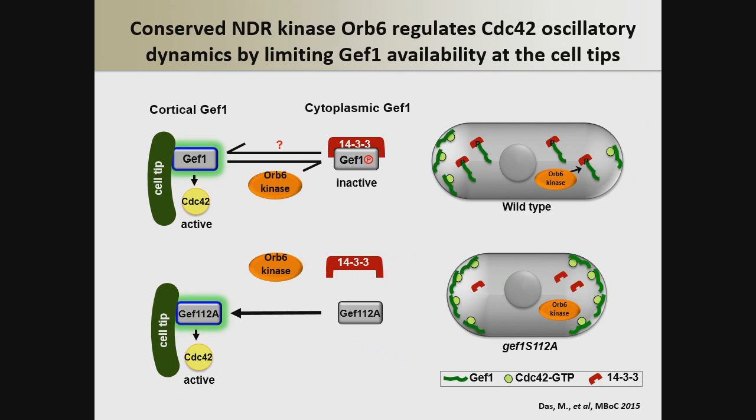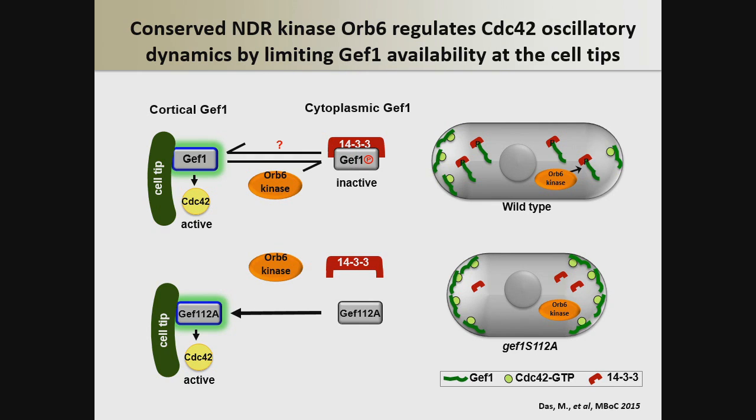So I wanted to show you that one mechanism by which the cell is regulating the activation of Cdc42 at the cell tips is through the negative regulation of one of its activators, the Cdc42 GEF Gef1. And one way in which we limit the amount of Gef1 at the cell tips is by the phosphorylation of Gef1 by NDR kinase Orb6. Phosphorylation of Gef1 by Orb6 creates a 14-3-3 binding site and promotes Gef1 interaction with the 14-3-3 protein Rad24. And in this manner, we limit the amount of active Gef1 at the cell membrane, resulting in lower levels